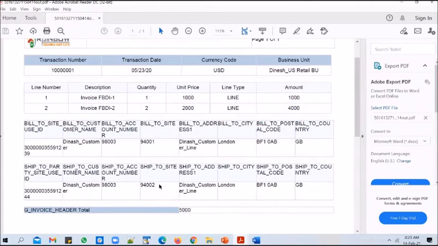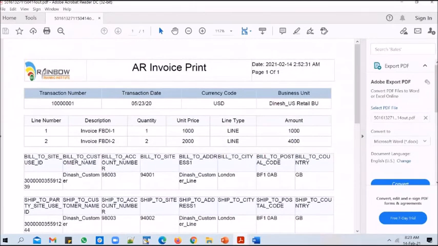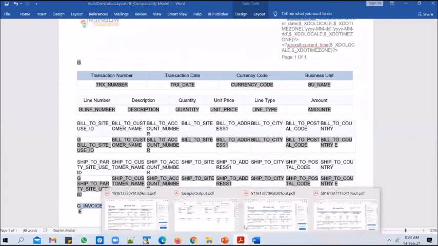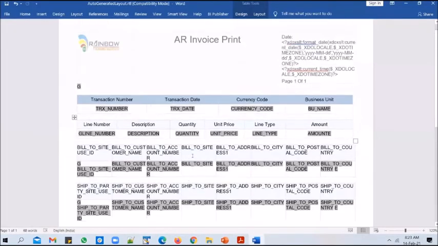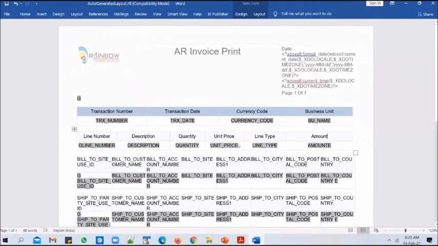And these two tables, even though they are added as tables, we don't need to display them in two separate tables. Instead, we need to display them this way. They have to be displayed as two columns in a single table, bill to and ship to. And within those columns again, we will print the details of the bill to customer. So what is the bill to customer name? What is account number? What is site? What is address? So to print this, what we do is we will insert a new table.